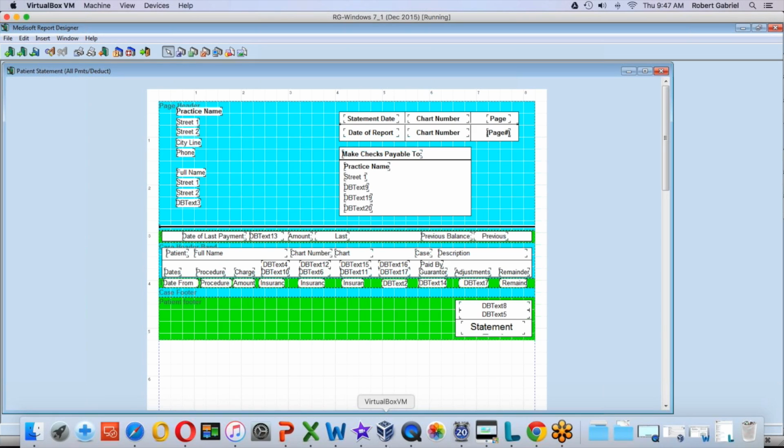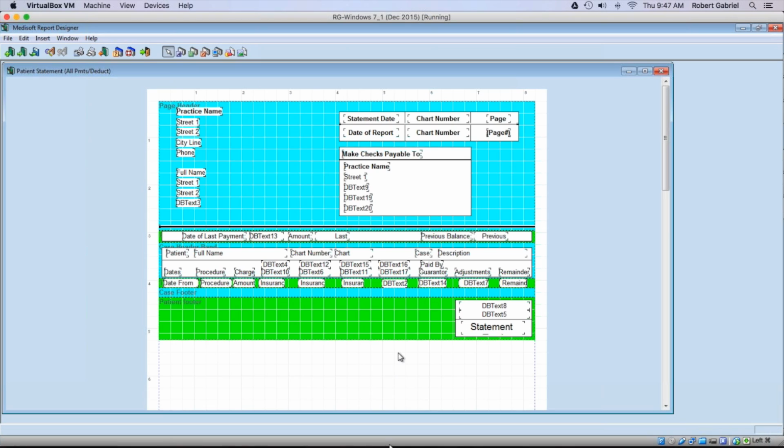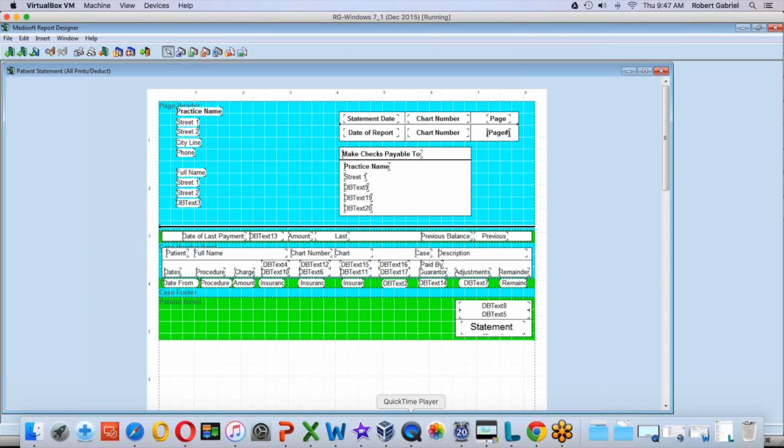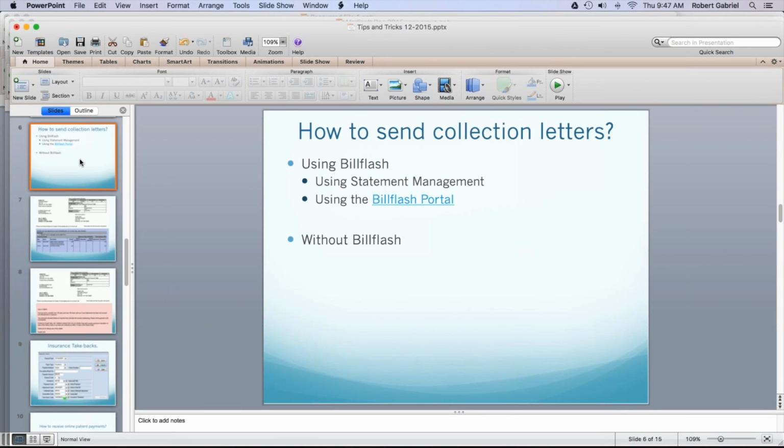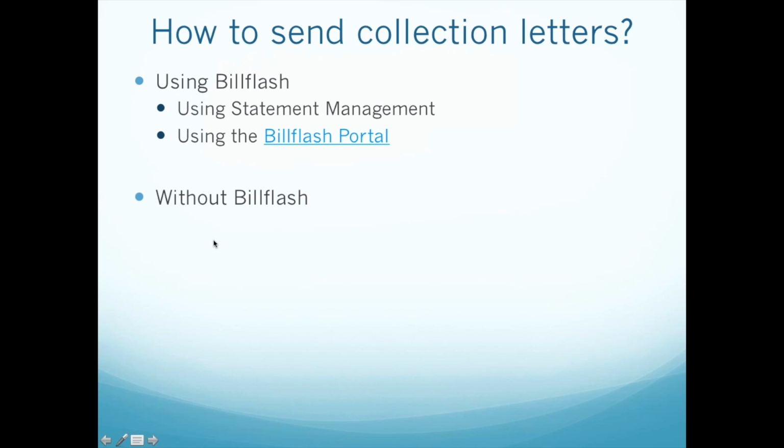So you will need to add a comment here, and however you want to, maybe you want to print it on a red form or something. But if I was you, I would probably want to use the Billflash if you have not been doing that yet. So that's how to customize your own, and this is how you customize the Billflash statement, and this is how it goes out